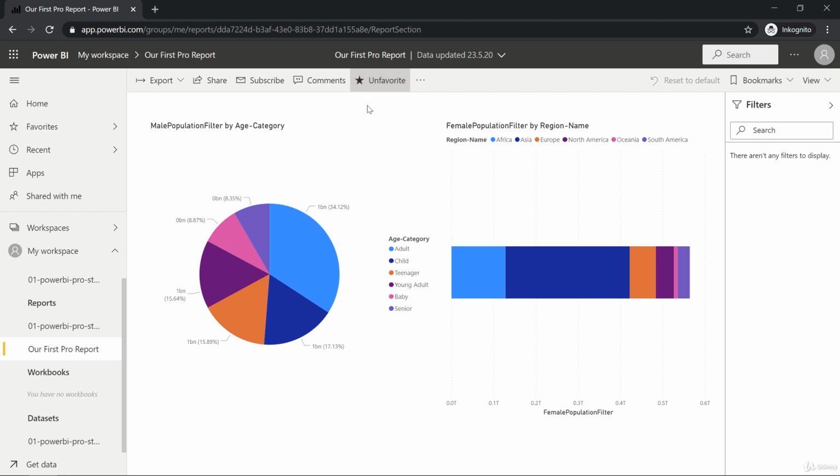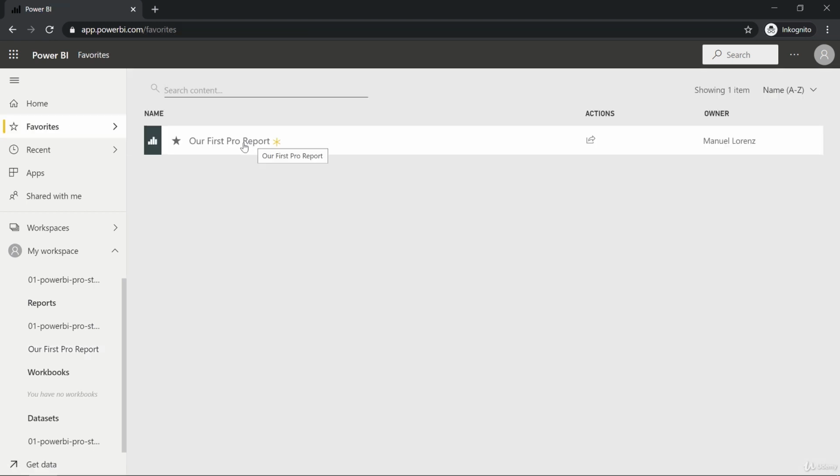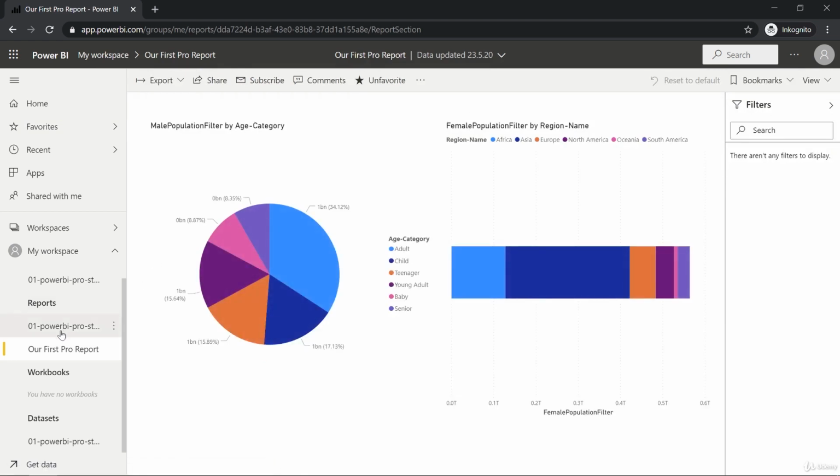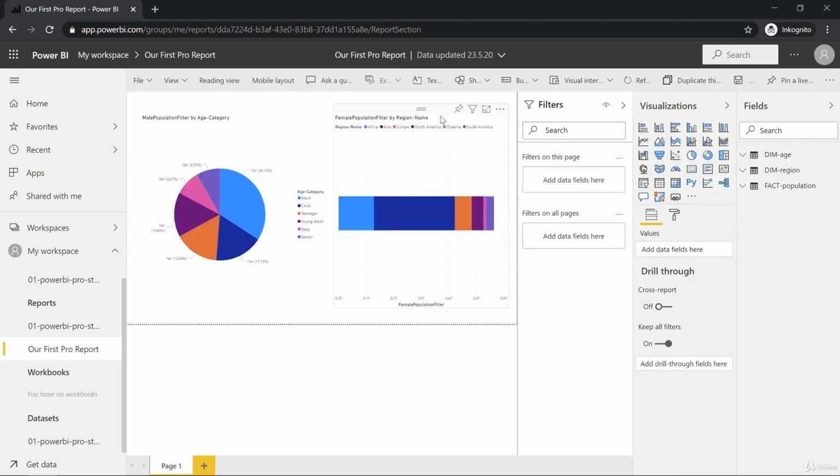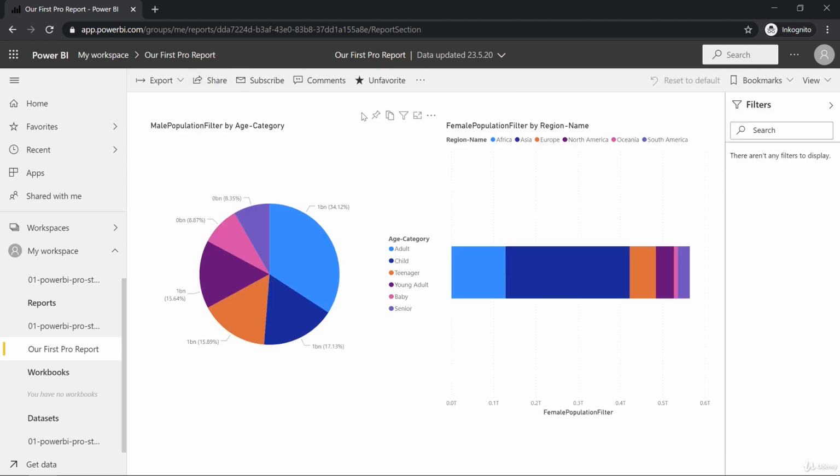If you do that here, you see that if we switch back to the favorites up here, this first report is appearing. If you click onto it, we are back here down there. Again, my workspace, our first report. So keep this navigation here in mind. It always helps you to quickly see where you are at the moment. We can keep this as a favorite actually. Here in the three dots, you saw we have the edit feature to change that report. If I do so, I'm back in the menu I was just showing you. But we can quickly change back to the reading view here.